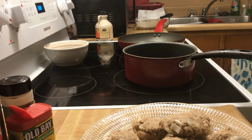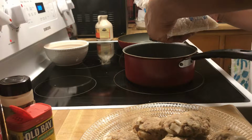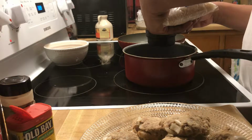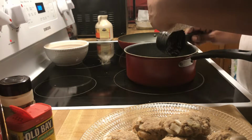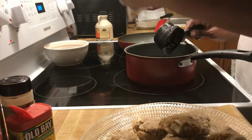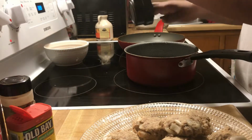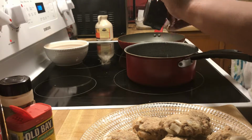I don't know, it just seems like nothing else really goes with it better than rice. So I'm going to measure out. My daughter doesn't really like white rice that much, but she will eat it with the mackerel and the syrup for some reason. It's weird, but